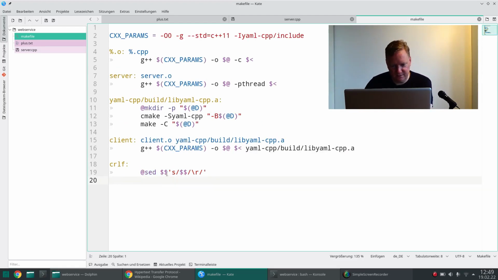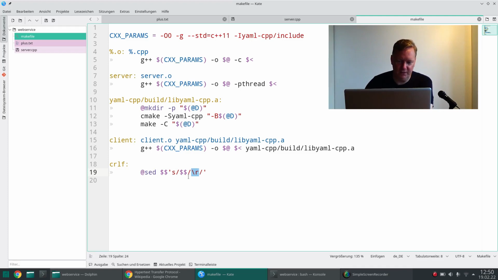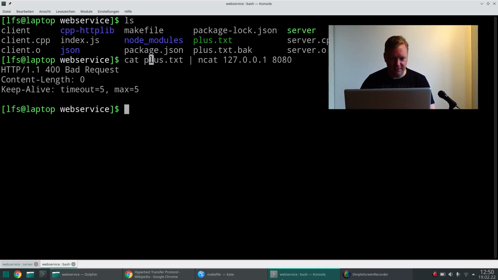So what it does is it's trying to replace the line ending with a carriage return, and that at the end of a line then appends a line feed automatically. So if I replace a line ending with a carriage return, and then that automatically puts a line feed behind that, then you have carriage return line feed. Okay, so if I do that, I can now do something like make CRLF,